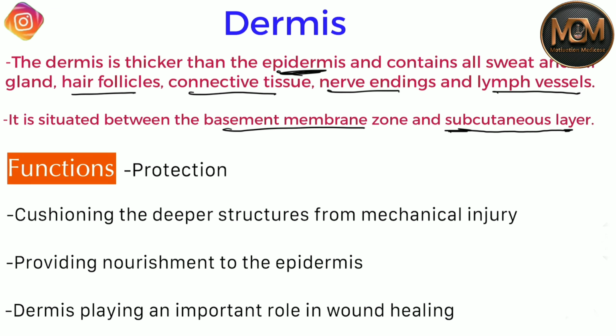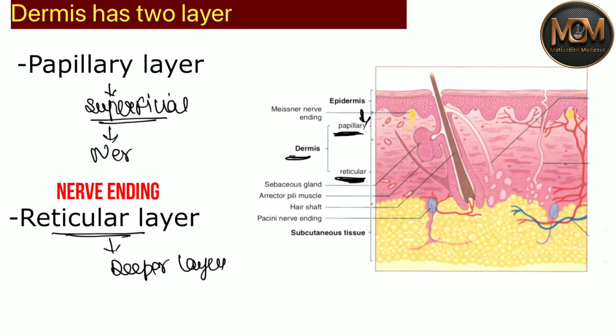All right, and it contains some corpuscles, or we can say nerve endings. These nerve endings provide the body with the sense of touch, pain, cold, and pressure as well. The body gets these sensations with these nerve endings. Now let's talk about the reticular layer.